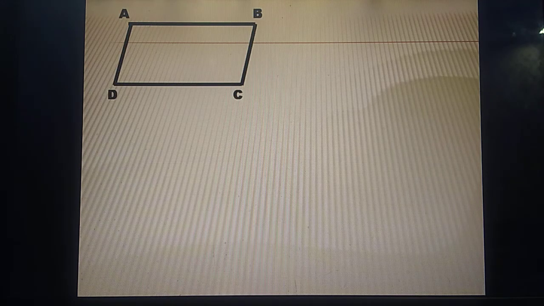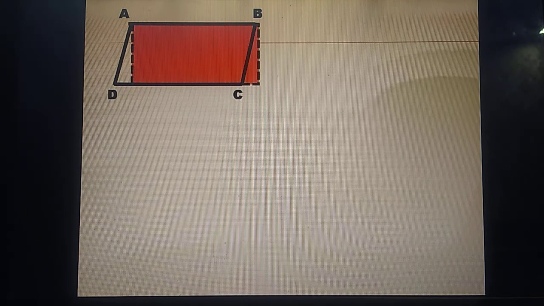In this video, we will discuss parallelogram and triangle. Other than squares and rectangle, we will use these two shapes in this chapter. Let's consider this parallelogram ABCD. We will draw a perpendicular line from A and B on the opposite side.